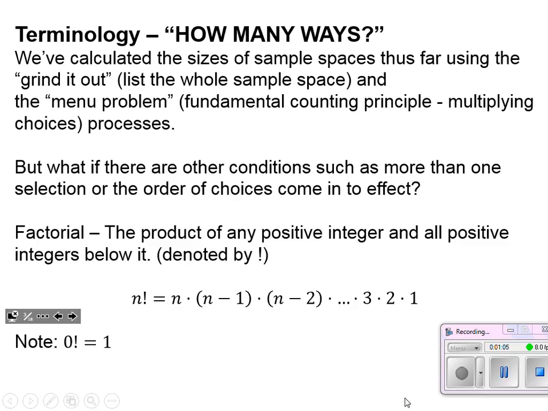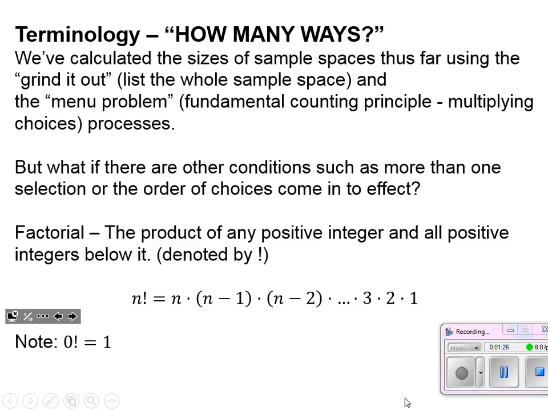First, some of this terminology. The main thing that we're trying to figure out, like I said, is a larger sample space. So for a lot of the questions, they're going to be asking how many ways. This is not a probability question anymore. So we're kind of sidestepping that for a second to just ask how many ways could a certain event happen.